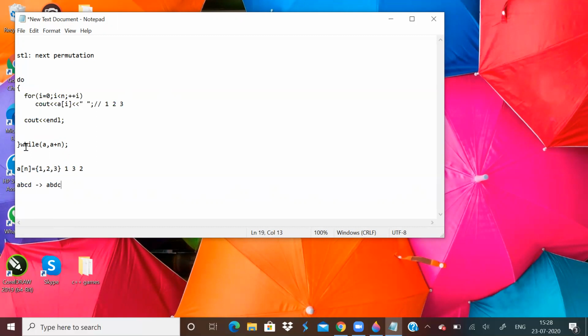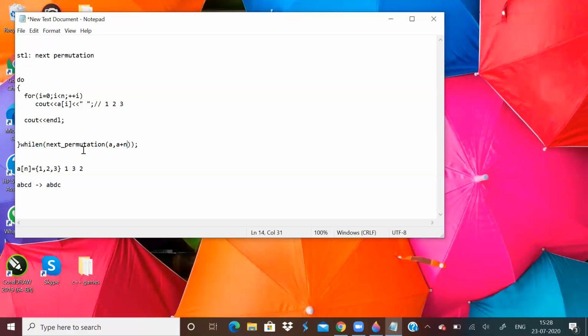Then, because we are doing while next permutation, this do-while loop will run until all the possible permutations have been printed. So this is the syntax; this is how you use it.